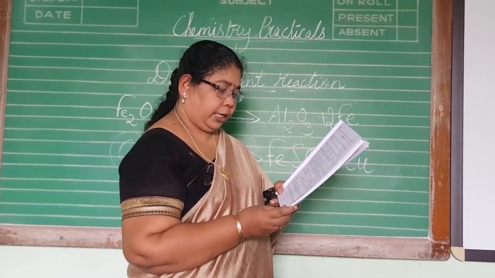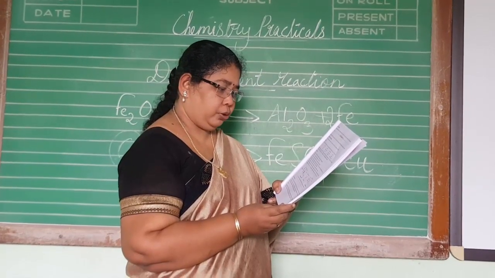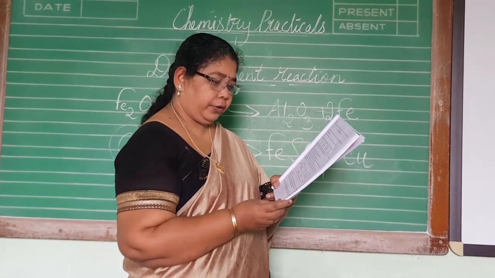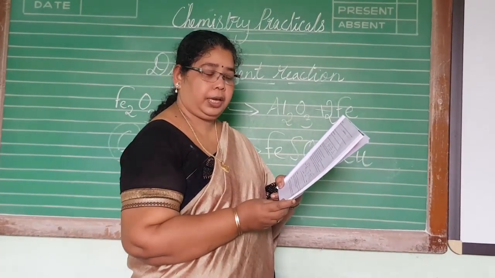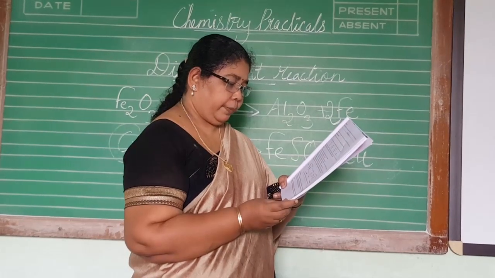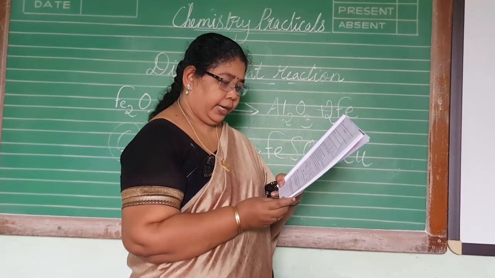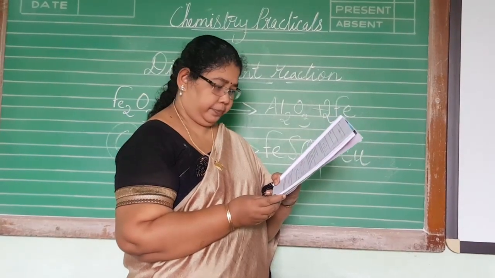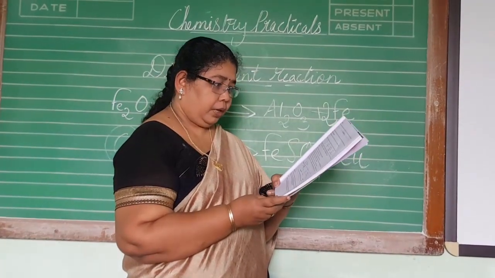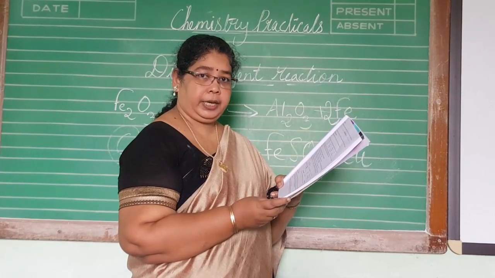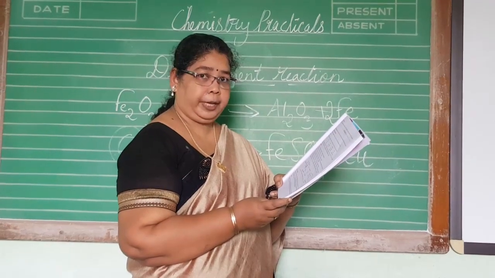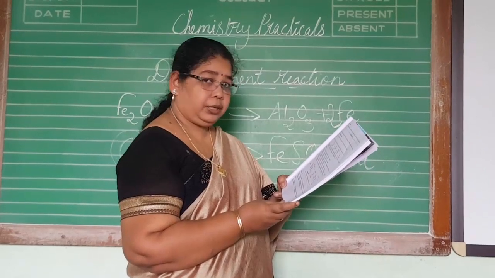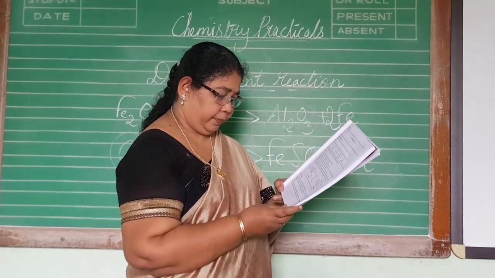After 20 minutes, take out the iron nail from the copper sulfate solution. Compare the intensity of blue color of copper sulfate solution of both the test tubes A and B. Also compare the color of iron nail dipped in copper sulfate solution with one kept aside. And then you have to make the side heading. Again you have to make a side heading on the plain page, that is observations. Under observations you will write, see below the diagram the observations are given.